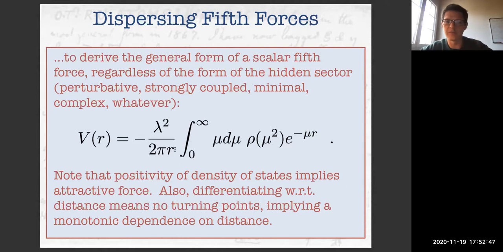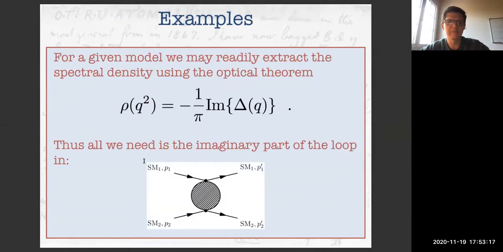And you can see that if you differentiate it with respect to r, the sign of both terms is the same, and then positivity fixes the sign of the integral. So you'd never get a turning point. Of course, if you interfere operators of different spin, because different spin operators can give you different forces, then you could have turning points. You could have forces that are attractive in one regime and repulsive in another regime. But if you just have scalar operators, then they will always be attractive.